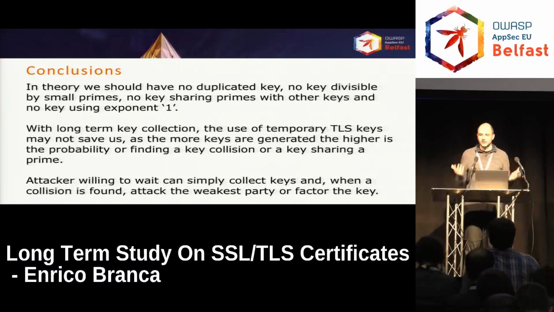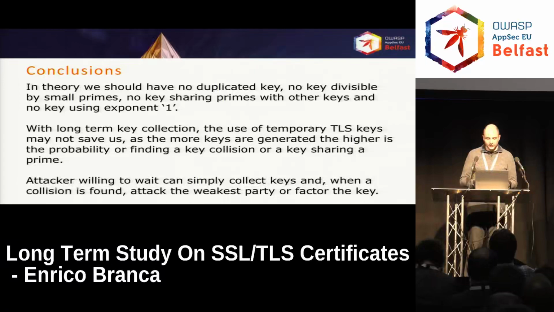So what is happening? In theory, we should have no duplication, no keys divisible by small numbers, no keys that share numbers, and we don't have anything that has an exponent equal to 1. If that happens, all the assumptions are void, false. Nothing can be used anymore. The same story is, as far as I know, nobody has tested before the long-term collection of keys. So if we have a system that is big enough to collect enough keys over a long period of time,